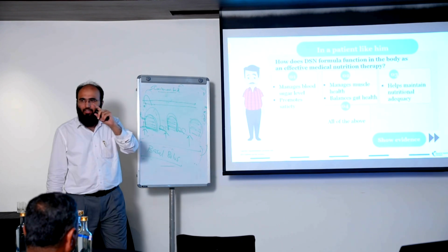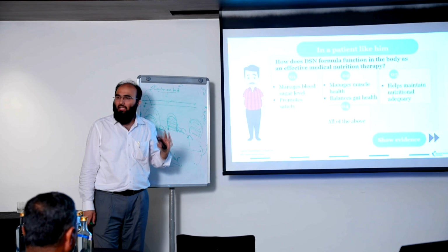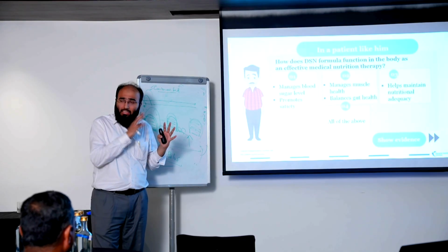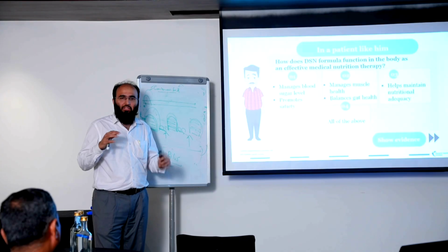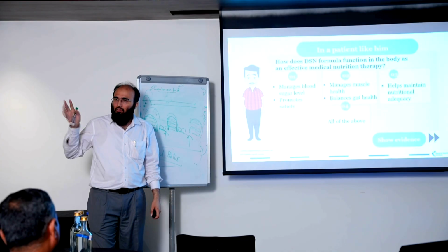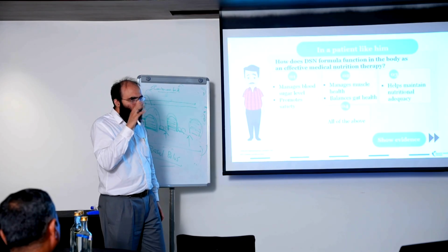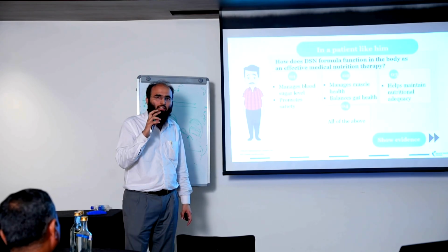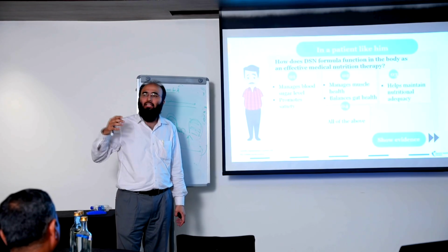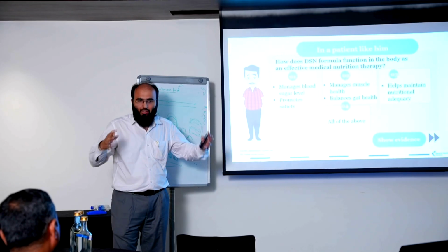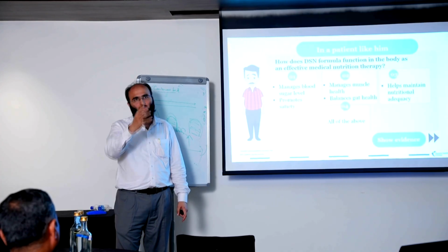Coming to muscle health, I want to tell one thing here. Whenever we talk about obesity management, there's a lot of noise about incretins these days: GLP-1 receptor agonists, GLP plus GIP, triple incretins coming now, retatrutide, and CagriSema in the pipeline. So all these drugs, when they cause weight loss, are also going to affect your muscle. This is one concern that doctors are raising, that this is causing muscle loss, causing sarcopenia.